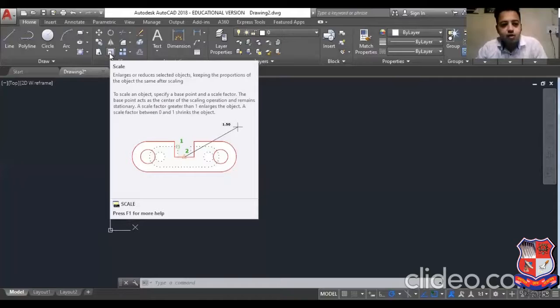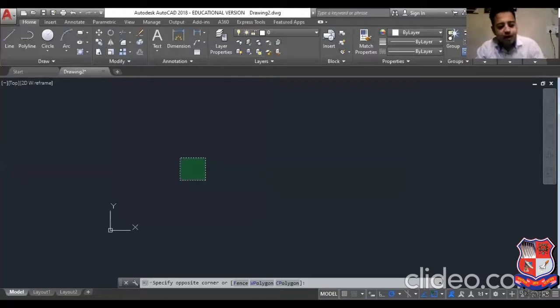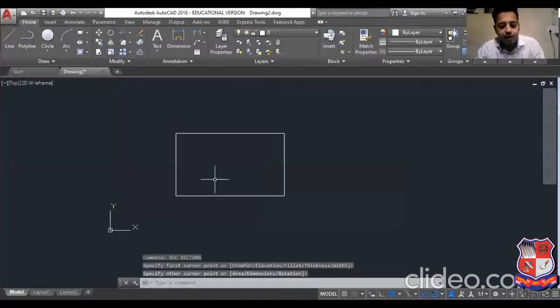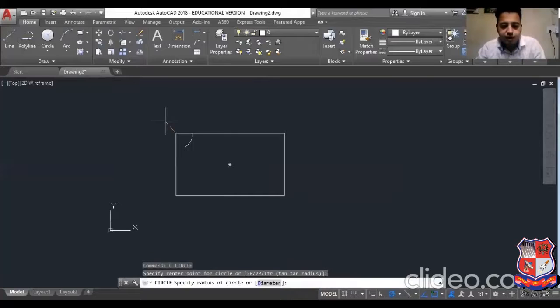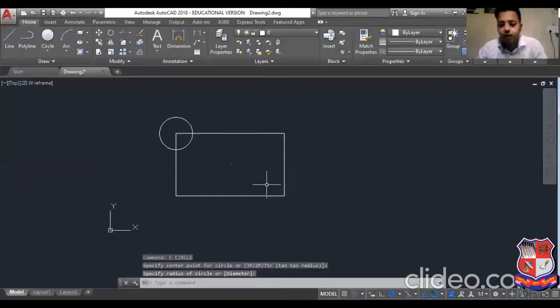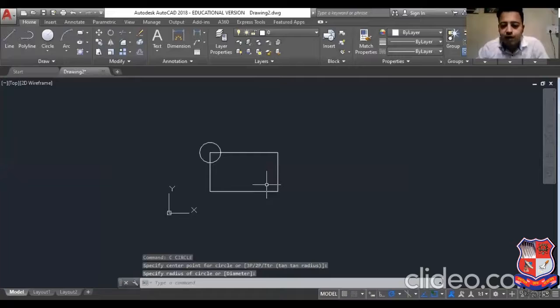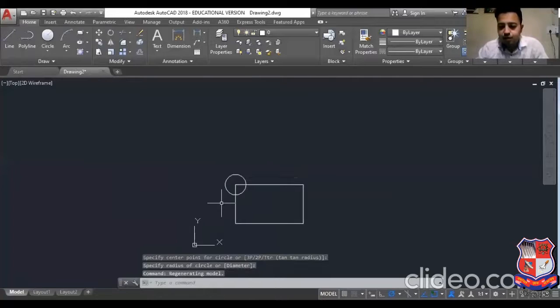So now I will first draw a rectangle, one object, and one circle. I will draw one circle over here. Now I want to scale this full object, the rectangle and this circle.